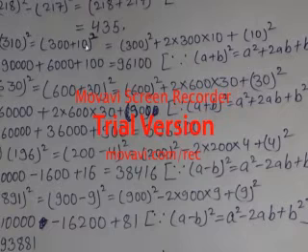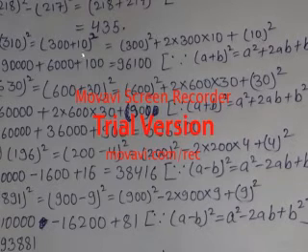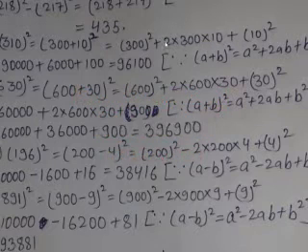Now a plus b whole square is what? Here you can see I have written the formula, since a plus b whole square is equal to a square plus 2ab plus b square. So in place of a there is 300, so 300 square plus 2 into 300 into 10, and plus b square, that means plus 10 square. So 300 square means 300 into 300, it is 90,000, and 2 into 300 into 10, 300 into 10 is 3000, and 3000 into 2 is 6000, and 10 square means 100. So 90,000 plus 6,000 is 96,000 and 100. So 96,100 becomes the total sum.